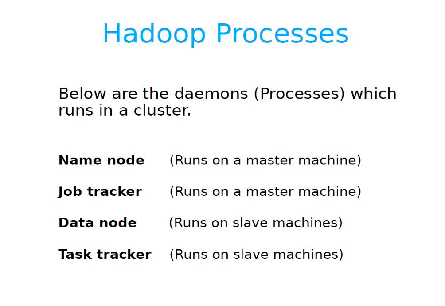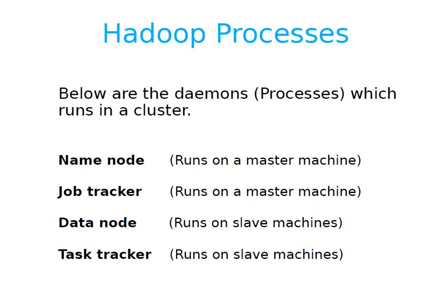So whenever a file is coming for storage, your name node process will be analyzing the file. It will find out how many machines are available and what is the size of the file, and it will decide how many parts it needs to split into. After that, it will be giving instruction to data node to store the file. So ultimately, name node and data node are working together to take care of your storage part.